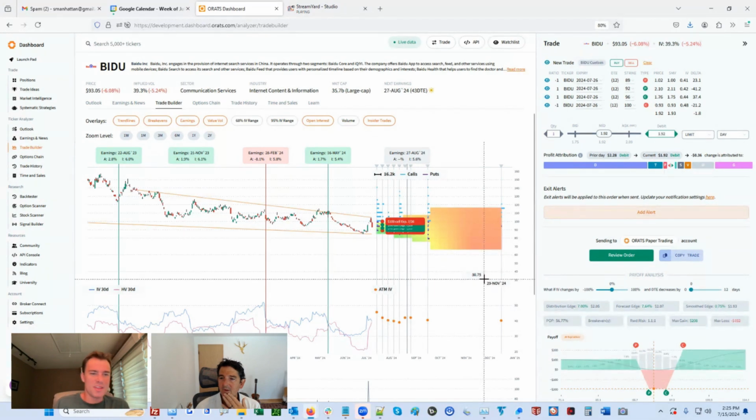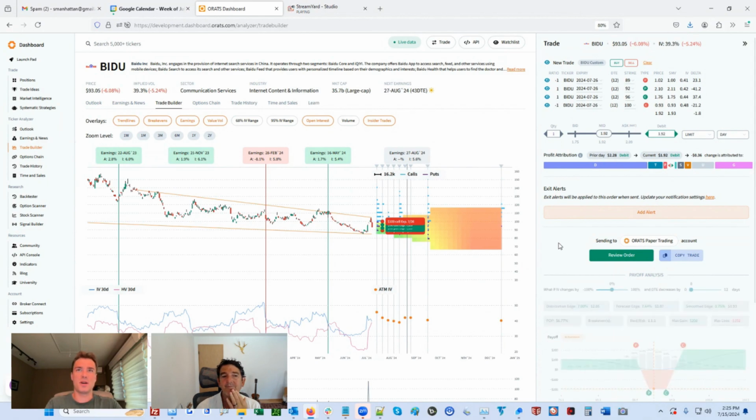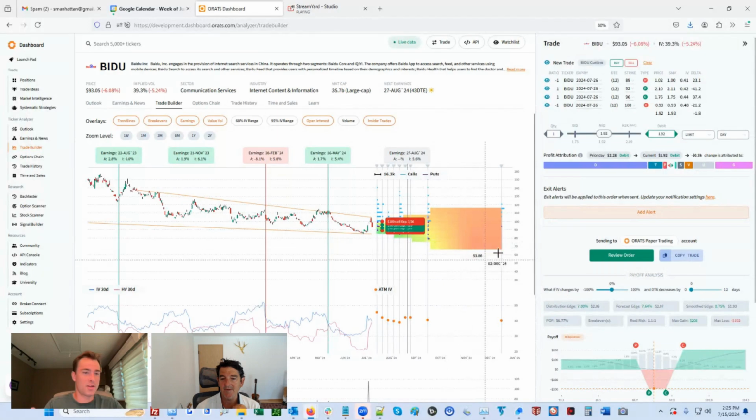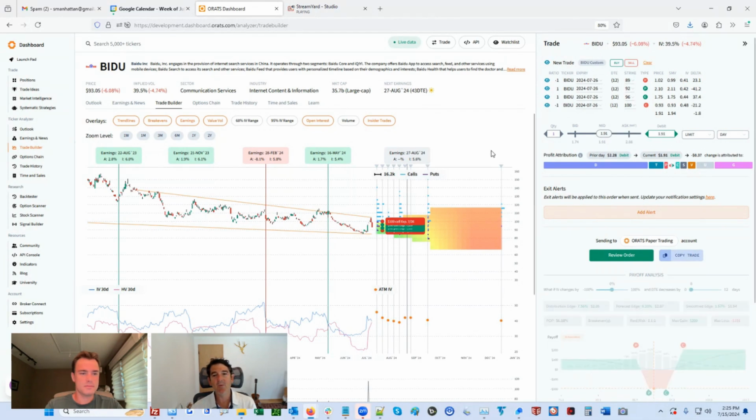Yeah, I mean, it would be really cool if you could backtest these, right? Because you asked the question, is this enough days to expiration? And we don't really know the answer to that. I think that would be something really interesting that you could backtest, different days to expiration for this exact strategy. Well, I think you can backtest that, but one of the things that we're working on is